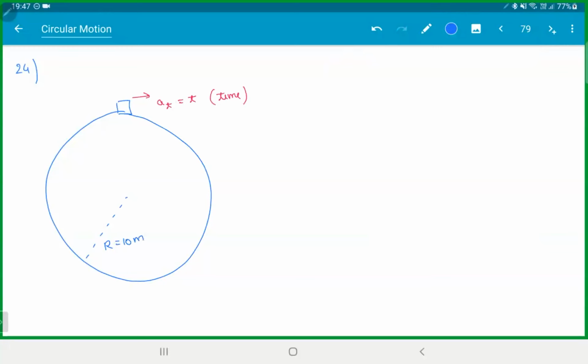Radius is 10 meters. Let's say mass is 2 kg. A vehicle goes in a circle